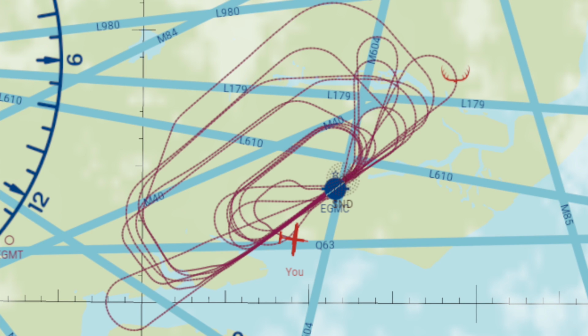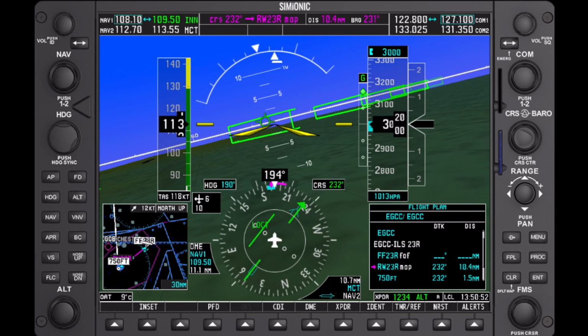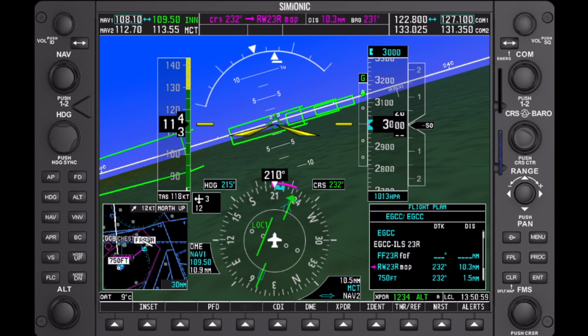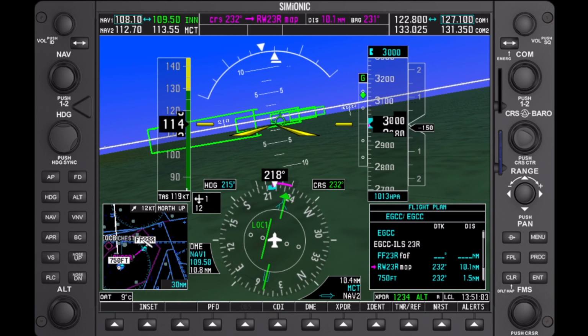You may or may not be aware, depending on the level of flying that you're at the moment, that when you go to do your simulator assessment every 6 or 12 months at an airline, you actually are going to have to do some raw data manual flying. And practicing these skills manually on the simulator really helps. So it's fair to say I'm really impressed with the level of IFR currency that you're able to get on